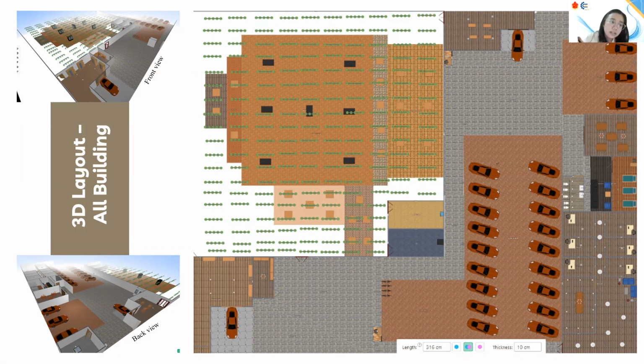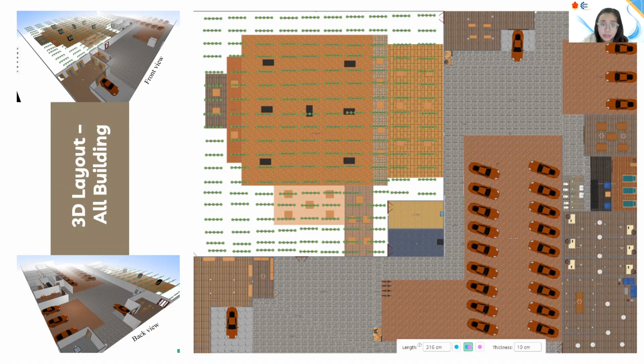Now we can see a 3D layout of all buildings of PT Daidel Medicare. There are 2 gates, front and back. In the office there are 8 rooms: president director, vice president director, production division, SRT division, purchasing division, finance division, meeting room, and reception room.